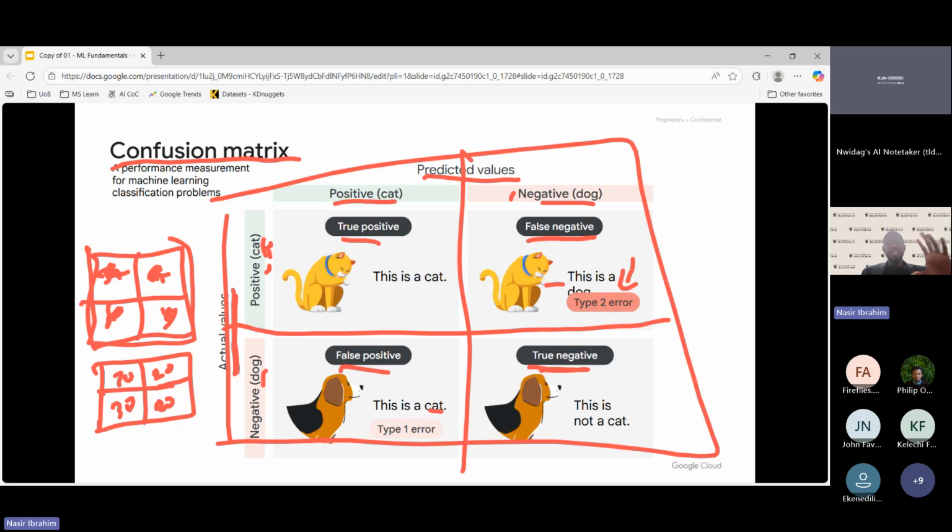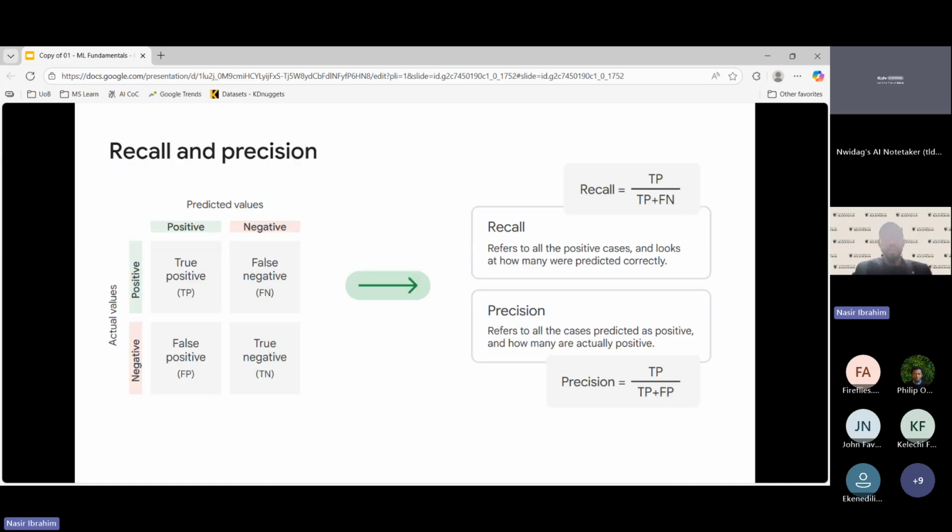The idea here is you count how many actual labels were predicted correctly and how many were predicted incorrectly, and you put it in a matrix like this. This is the actual count, so the total number of samples has to correspond to the total number of samples that you used. And then you have to derive what we call